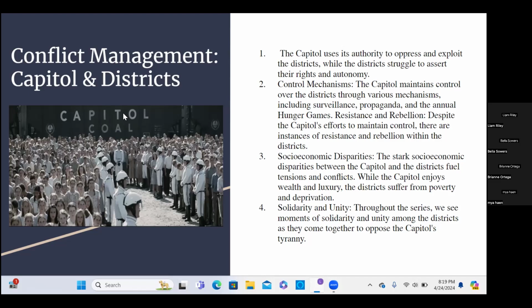And so that ties into the socioeconomic disparities between the Capitol and the districts. While the Capitol enjoys wealth and luxury, the districts suffer from poverty and deprivation, and the Capitol is keeping it that way specifically to not get overrun, to not get overthrown, and to not be in the position that the districts are in. And through solidarity and unity throughout the series, we see instances where the districts come together to oppose the Capitol's tyranny because they realize, okay, this can't go on for much longer. And yeah,